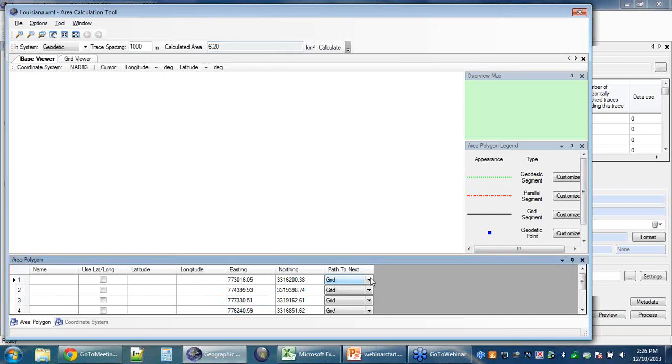So we'll just look at the options available here. Do you mind clicking on that drop-down menu for me, Sam? So we'll see that you have a geodesic, and this will create a line that follows a geodetic or great circle from the starting point to the next point in the list. You can also select parallel. This will create a line that follows an east-west parallel to the next point. You can only use the parallel option if both points are on the same parallel and have identical latitude values. The grid option will allow you to create a line of true direction within that grid coordinate system. So for our demonstration purposes, we'll just stick with grid